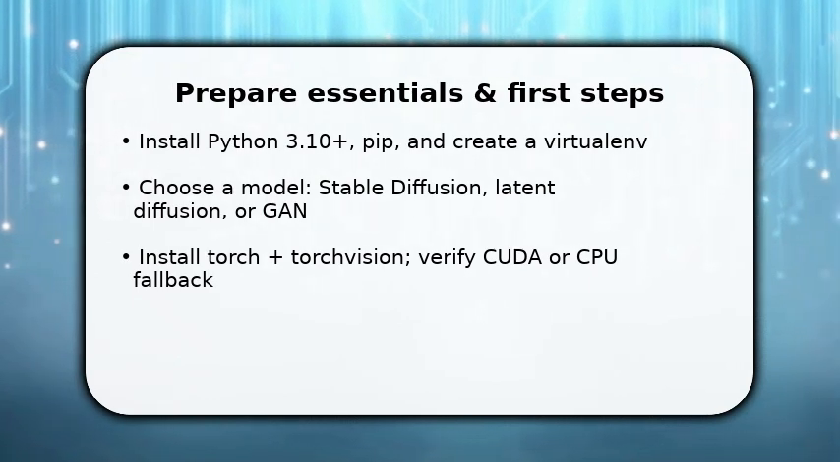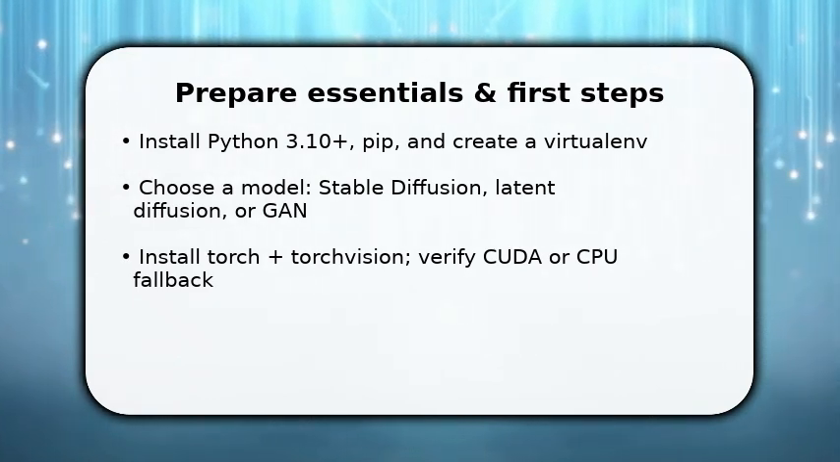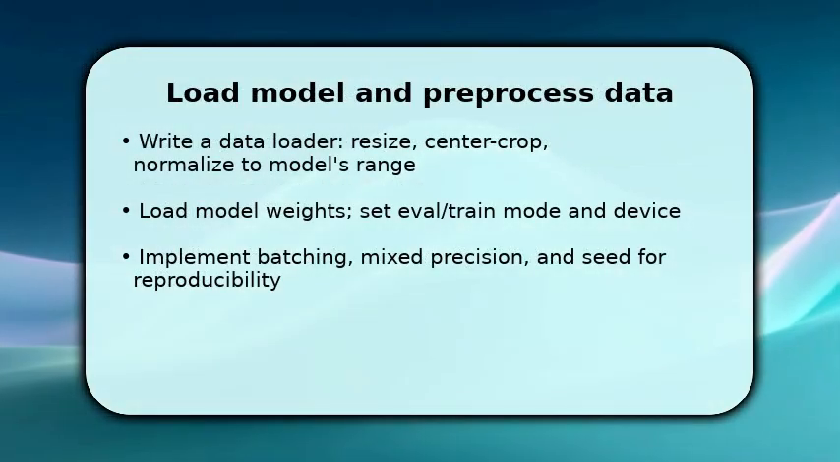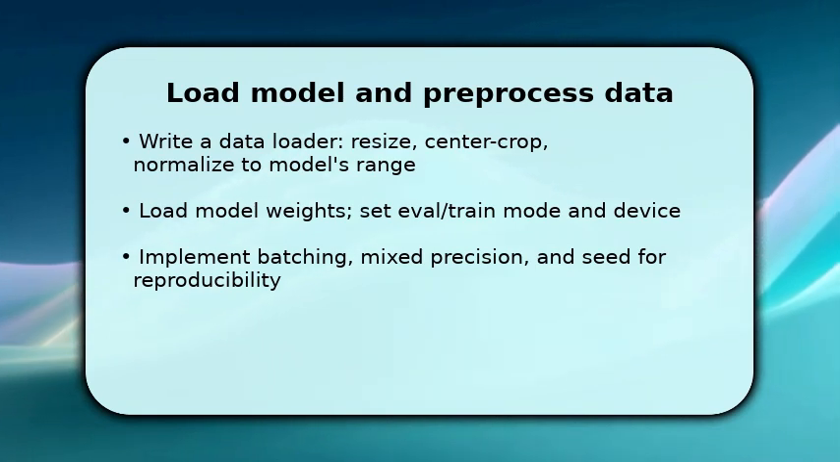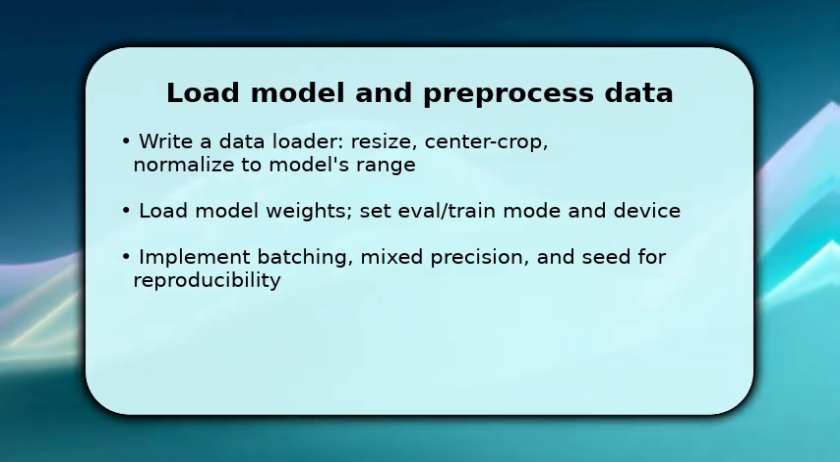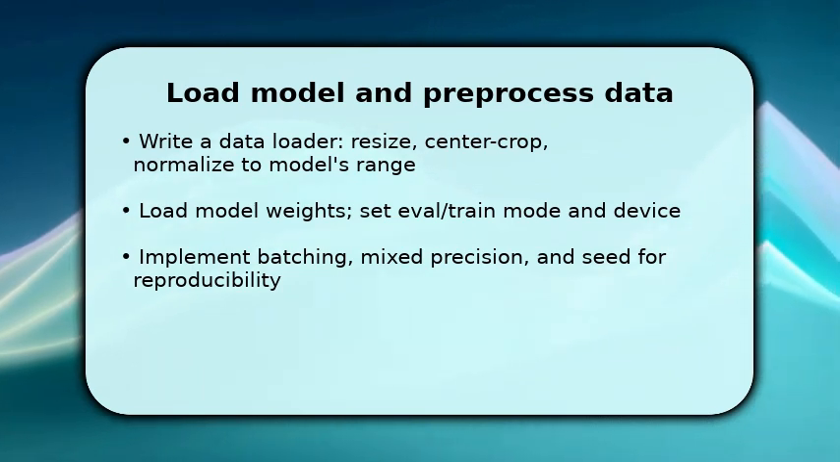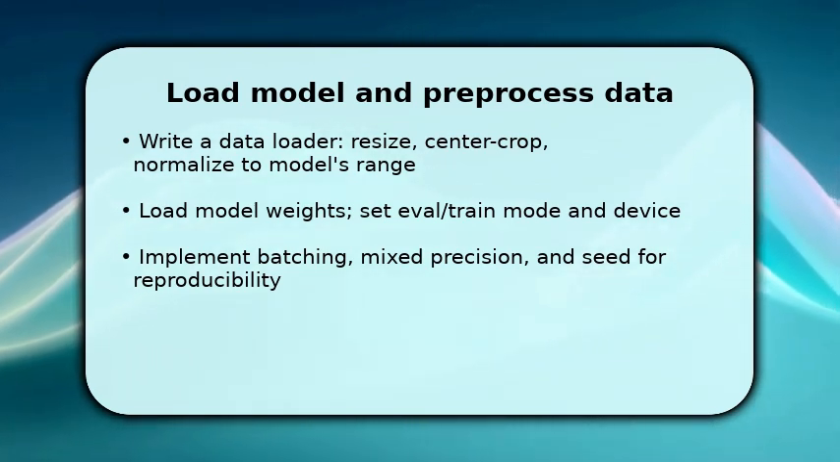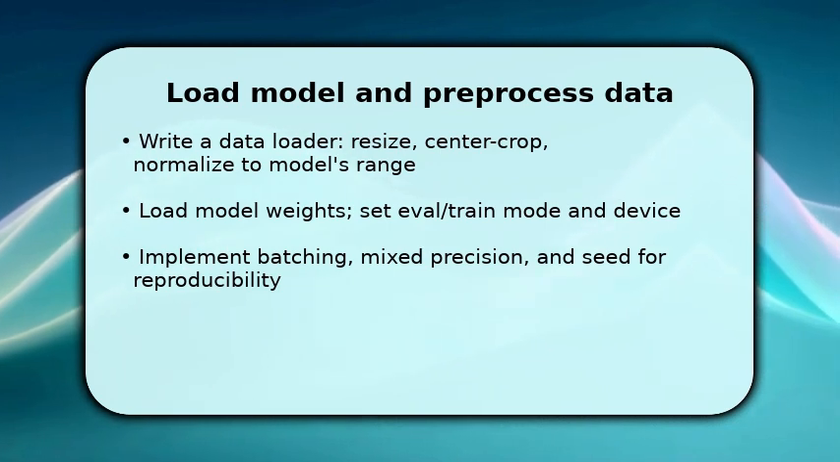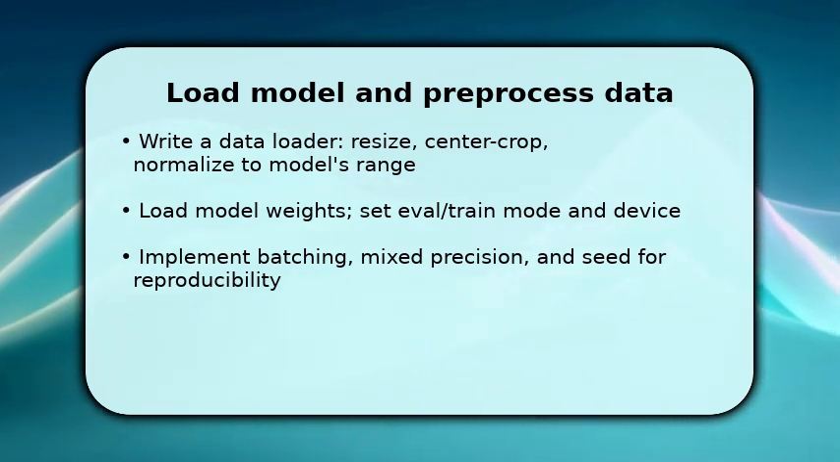Next, load and preprocess images for training or inference. You now load the model and shape your data pipeline. First, implement a data loader that resizes, center crops, and normalizes images to the model's expected range. This matters for convergence. Next, load pre-trained weights, move the model to the device, and set train or eval mode